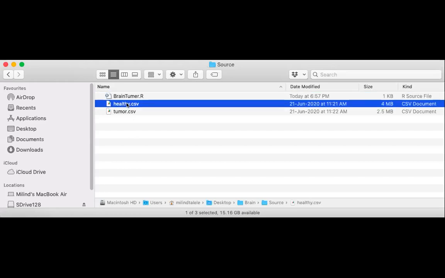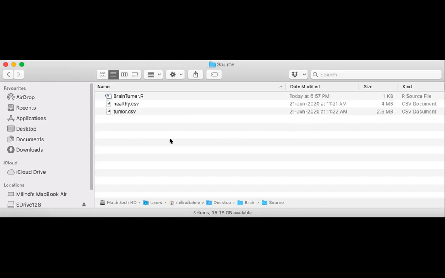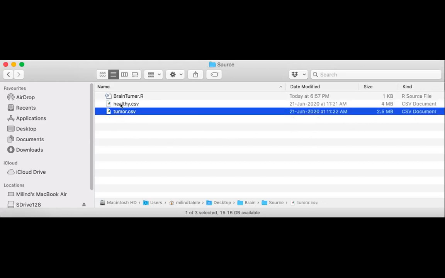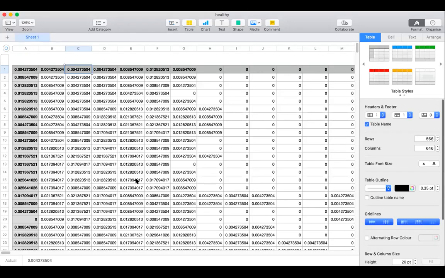So these two files we will require as the input data set to our program, and they are 4 MB and 2.5 MB. Let me show one file, how it looks. This is the healthy.csv I have opened, and it has all the data.